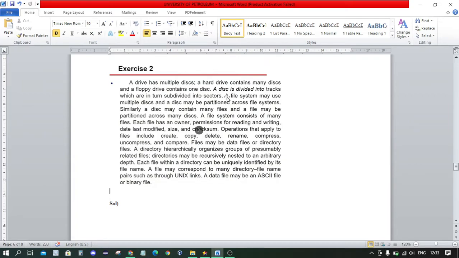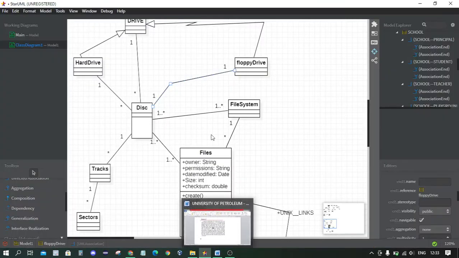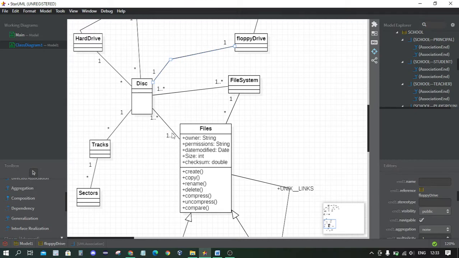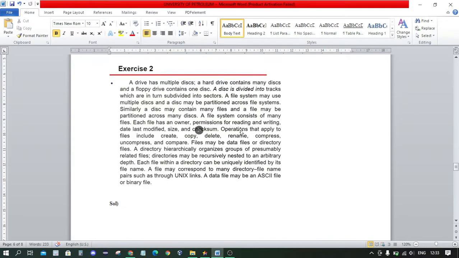Same as the before part we did, one to many relation. That's why we use the one to many relation from files to disk, and similarly from disk to files, a one or more relation.